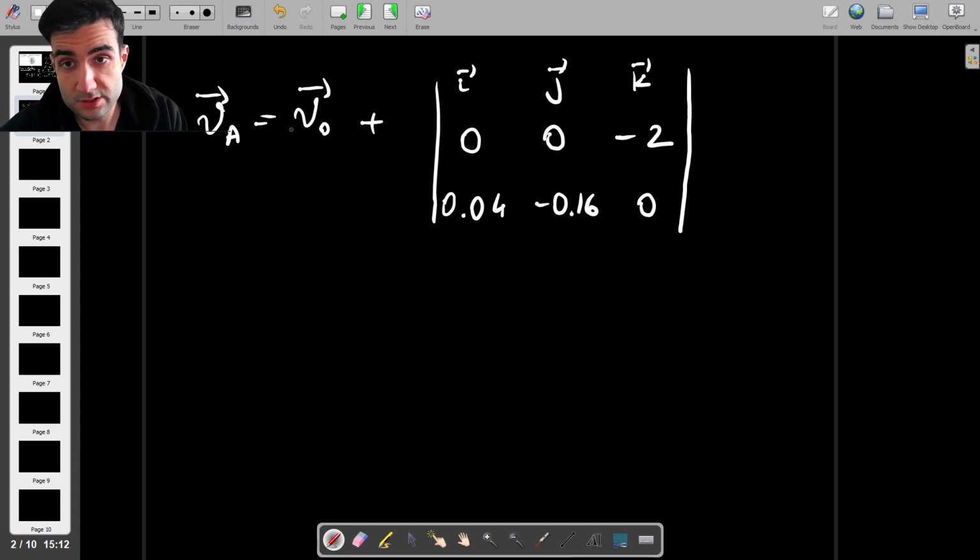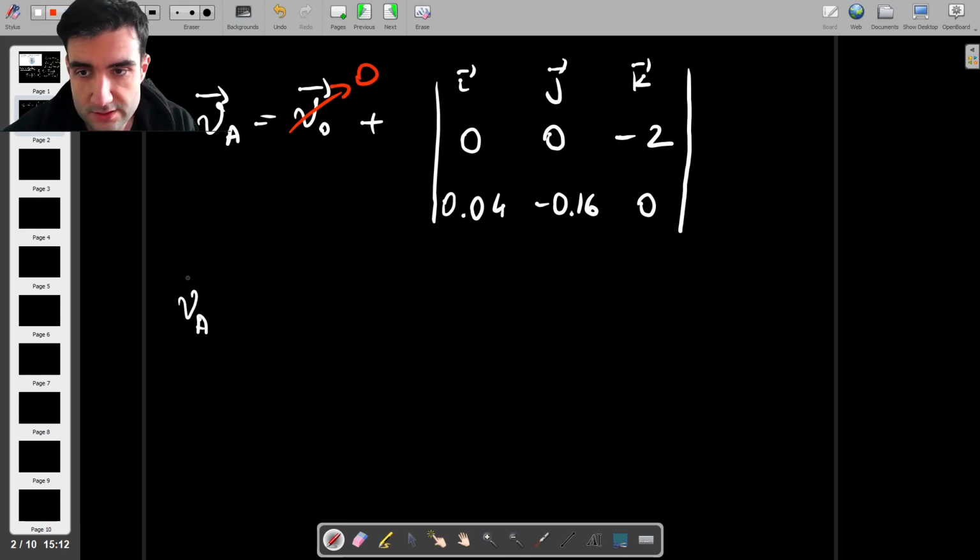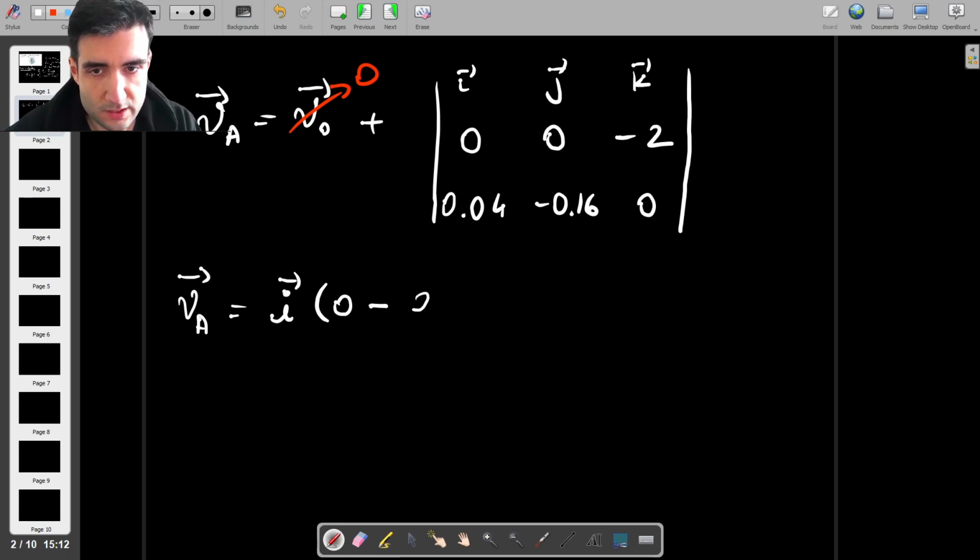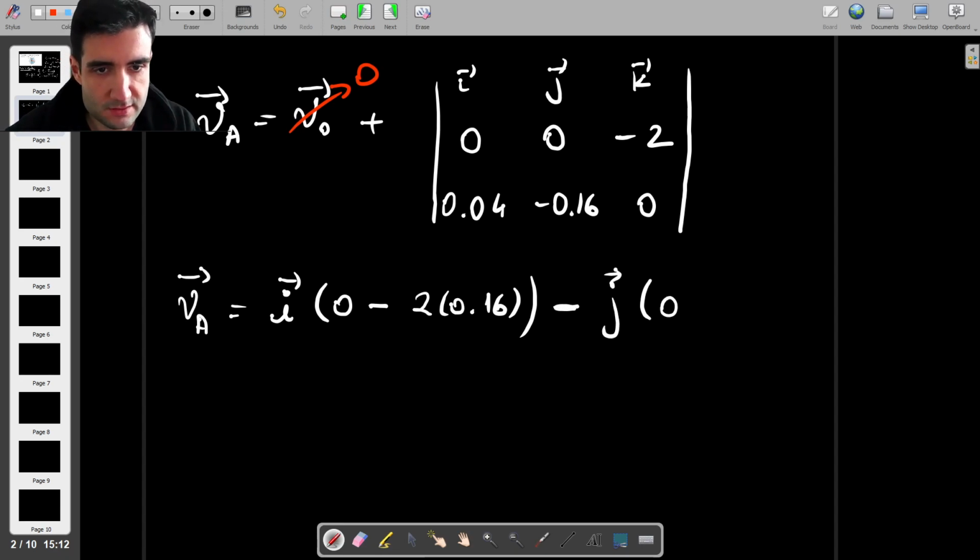Right, we also know the velocity of O is 0, which makes things slightly easier. So the velocity of A is therefore equal to i multiplied by 0 minus 2 times 0.16, and then minus j times, and then we do the same thing. So we have 0 plus 2 times 0.04, so 0.08,